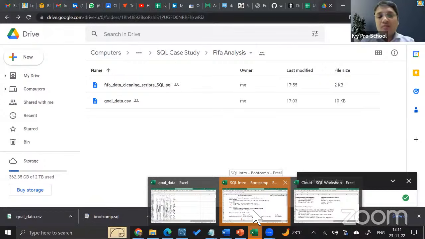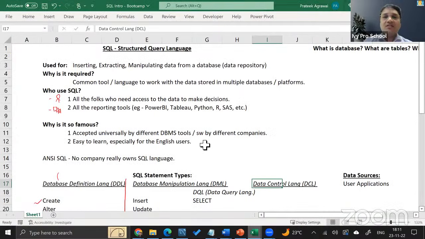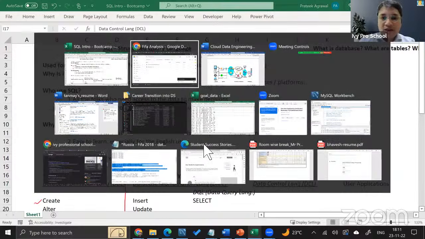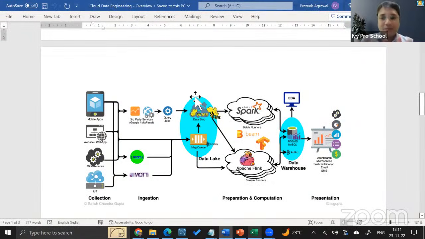Now, I assume that some of you must be very, very new to SQL. If you're very new to SQL, I'll just give you a quick understanding of what SQL is used for. Remember, we spoke about the fact that the data goes and gets saved in data repositories, in a data infrastructure, which we call a data lake. And it also would have structured data repositories or databases, as we call them. Whenever you have to do anything with the data stored in a database, you need the language which databases speak, and that is what structured query language is, which is commonly called SQL or sequel.